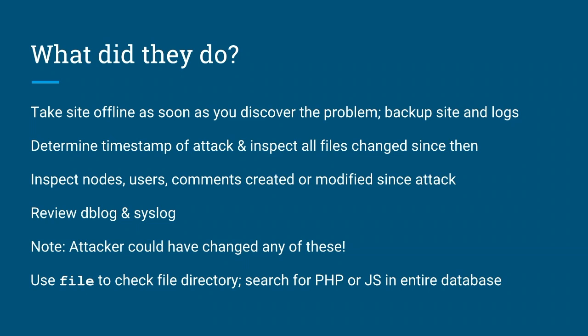You will need to look at everything changed in the database. If you're lucky, you can just look at the modified time in the Drupal database to figure out when nodes were changed. Often attackers add users with admin rights. Often attackers will just add a series of comments with links to spam sites. You should review your database log,